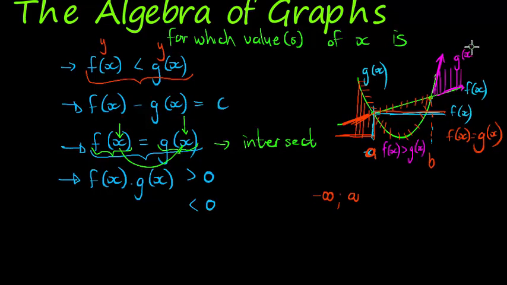G of x is bigger than f of x. So what do they ask when they ask one graph bigger or smaller than another graph? They literally ask for which x values is the one above the other one. So if I draw something like this,